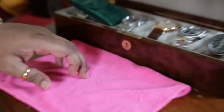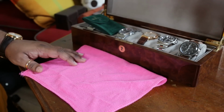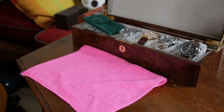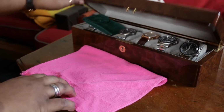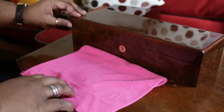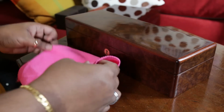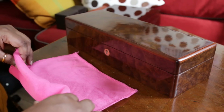I want to show you some of the boxes that I use to store my watches. So the watch box that you see right in front is a 6-piece watch box by a company called Hillwood in London. This is not the most expensive kind of watch box. I don't think it's the cheapest either,